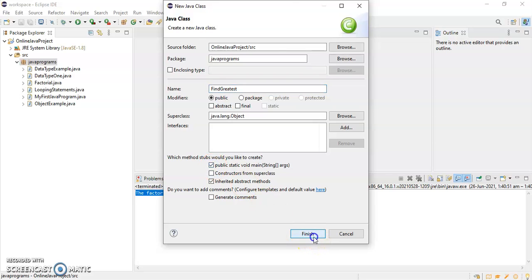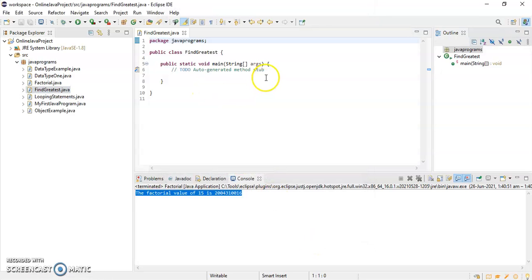I'll create this class with a main method. For example, let me create three variables first of all: int a is equal to say 67, b is equal to say 20, and c is equal to say 90. Now I want to know which one is greatest among them.